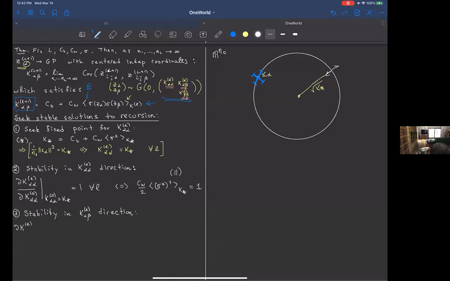Okay, so this is stability in this direction, and it's the same. It's the derivative, but now of the covariance KL alpha beta with respect to changing the initial angle between the points. And then you evaluate this at both points on your circle of critical values. And in fact, they're very close to each other. So you want this to equal 1 for all L, and you get a similar equation. Okay, I'll call this perp. And you get CW times sigma prime squared, K star has to equal 1.